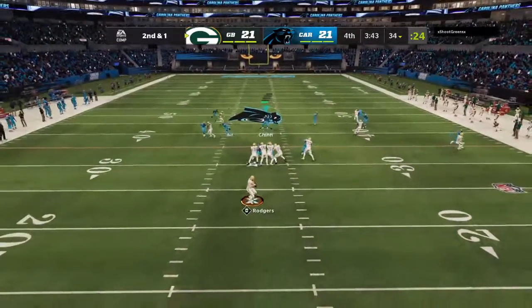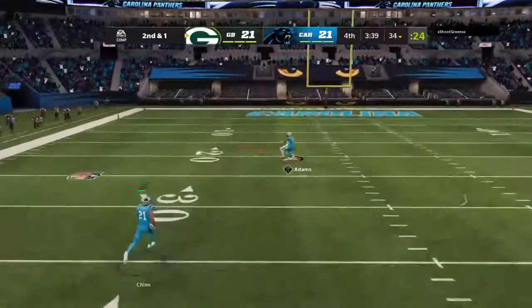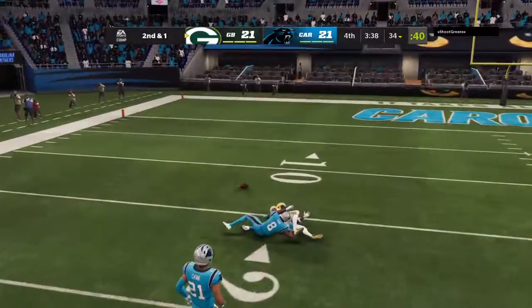Now Rodgers, looking deep for Adams. And that will be